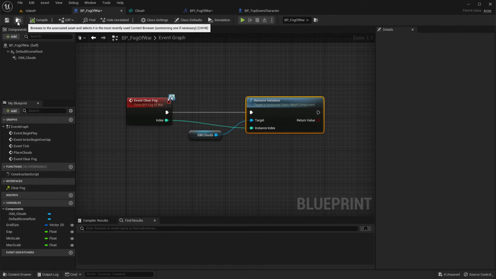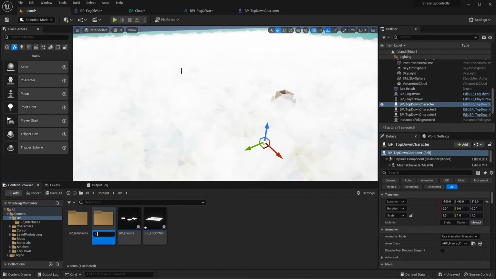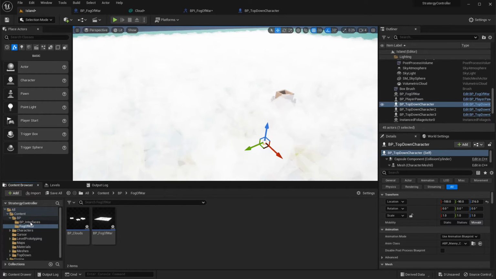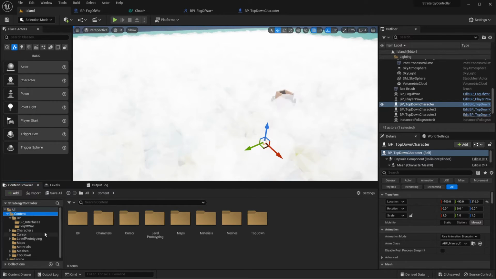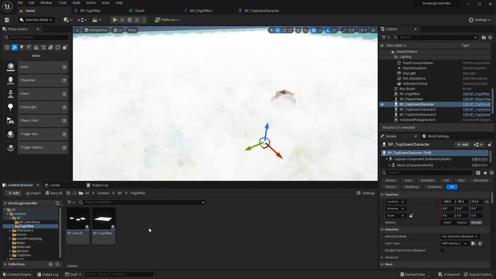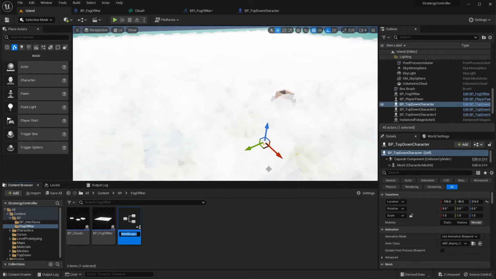So let me define another folder, fog of war. Put this to here. Then I'll create an actor component AC